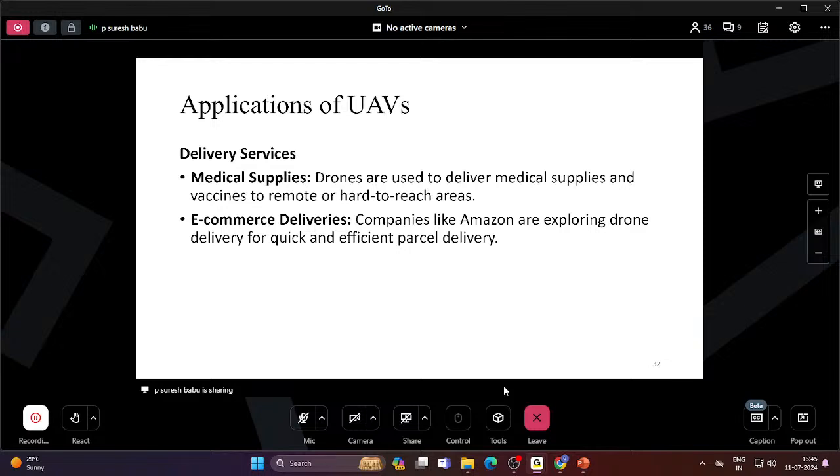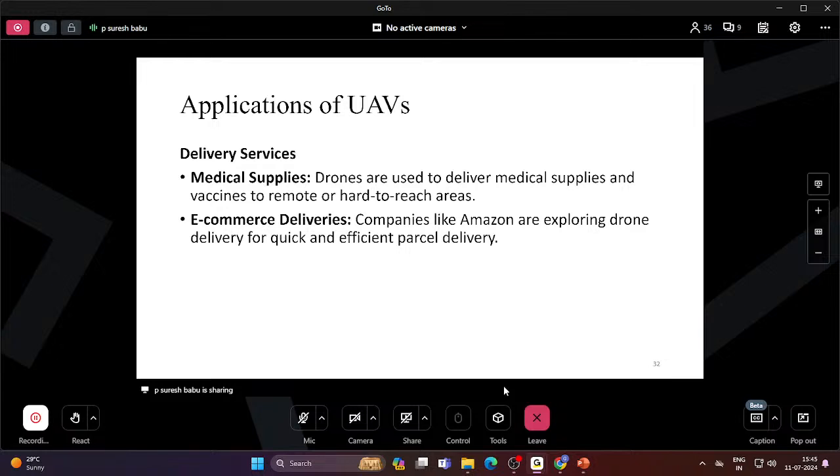GPS plays a crucial role in our drone delivery purpose. That GPS should be accurate. If we give a wrong GPS, there are chances of the drone crash landing or crashing. So it is also one of the constraints that we are having in our